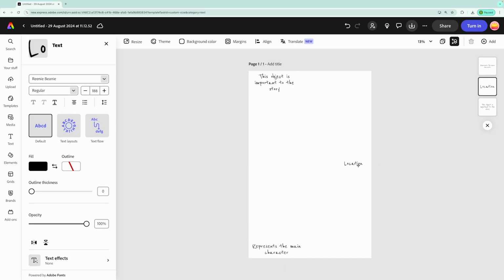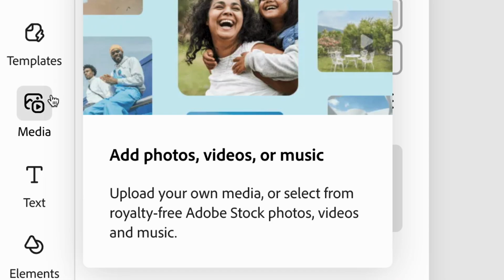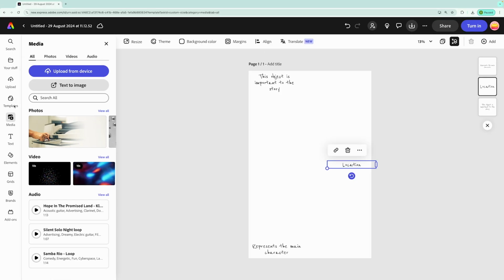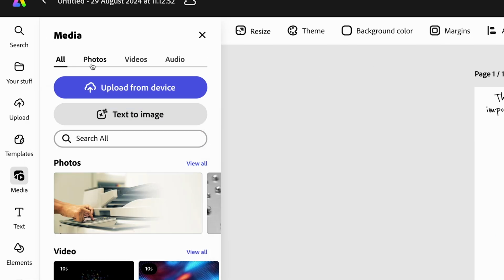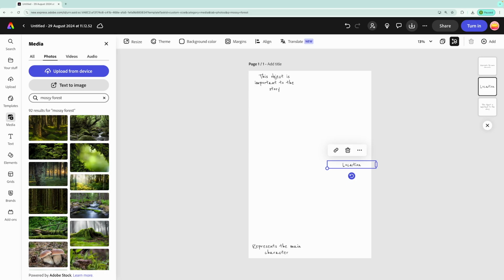Okay, let's start thinking then about some images. First of all, think about your location. Think about the film or the movie that you've been watching and think about one location that really stands out. Now, I've been watching The Catch recently, so that's set in a jungle. So I'm going to go to Media on the left-hand side, Photos, and I'm going to search for a mossy